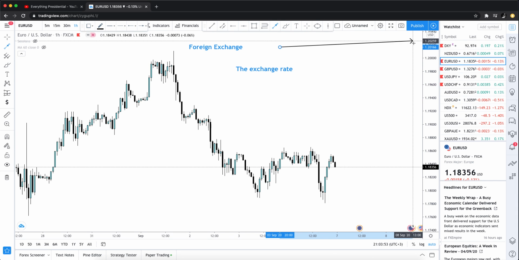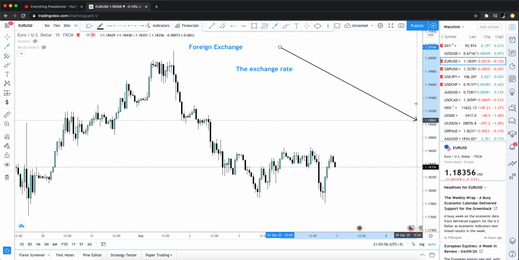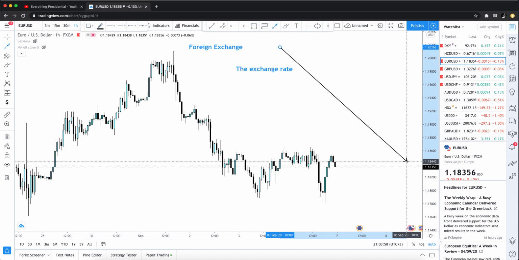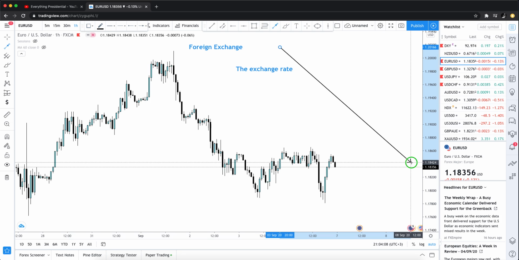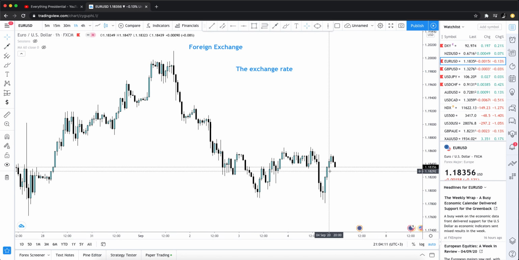Right here. All these numbers, do you see them? This is basically the exchange rate. The thing we like to call pips in the Forex market, in the online trading world, is basically the exchange rate. Currently it's the weekend, so the market is closed. So you want to know what is the exchange rate of the euro US dollar. Well, where the market is at currently is where the exchange rate currently is.